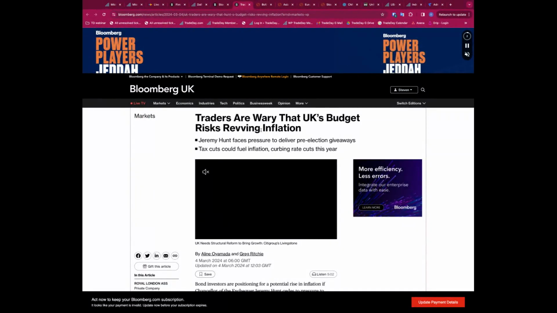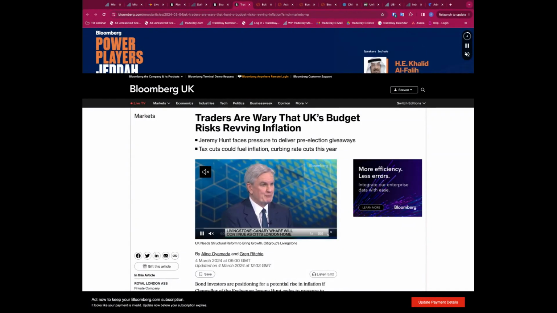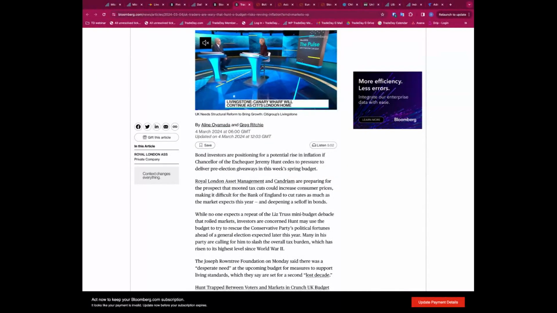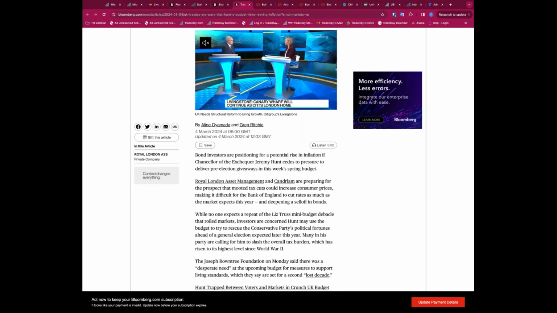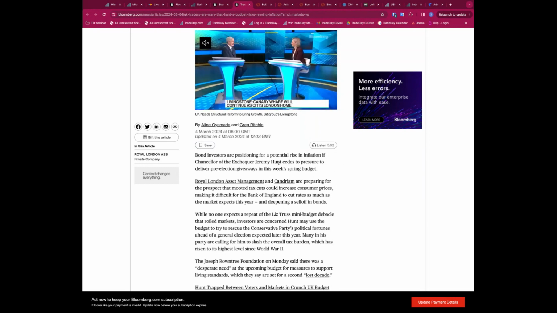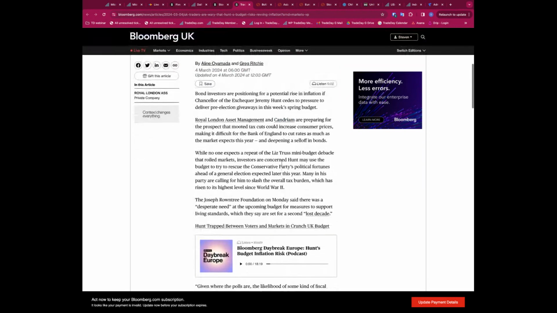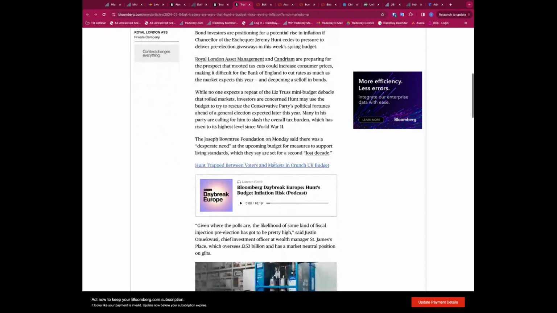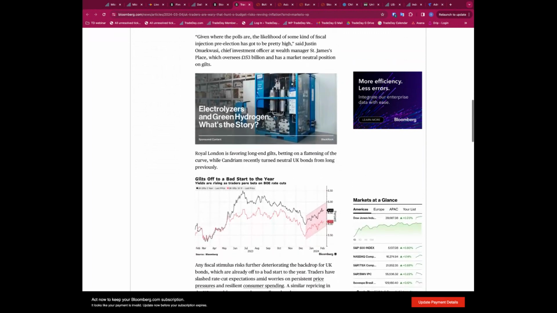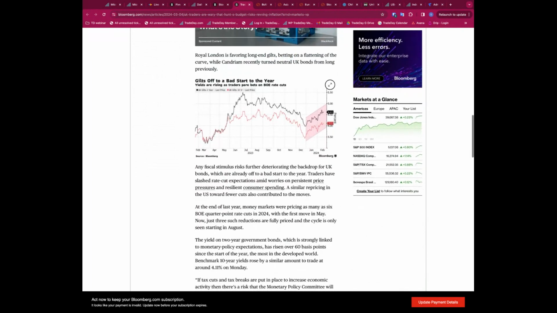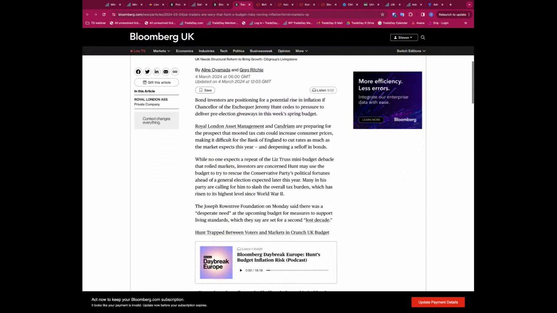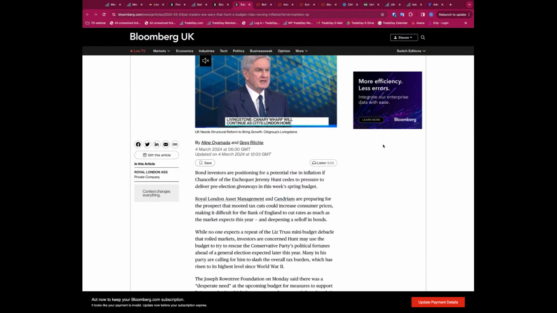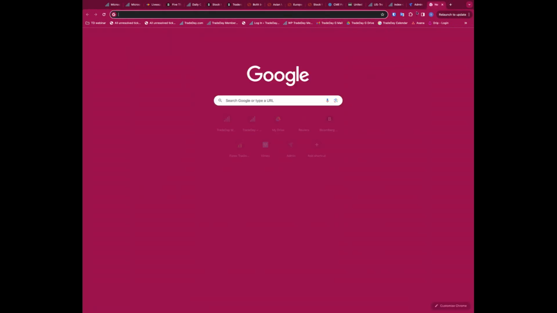Traders are aware of the UK's budget. That's the other thing. Sorry, I forgot to put this into the macro matters and the weekly. So it is the UK budget, when the budget is set for the economy, with potential tax changes and expenditure changes. That comes on, I'm 90% sure I'm going to say Wednesday. I don't see it leaping out to me on when it is, so let me just double check that.